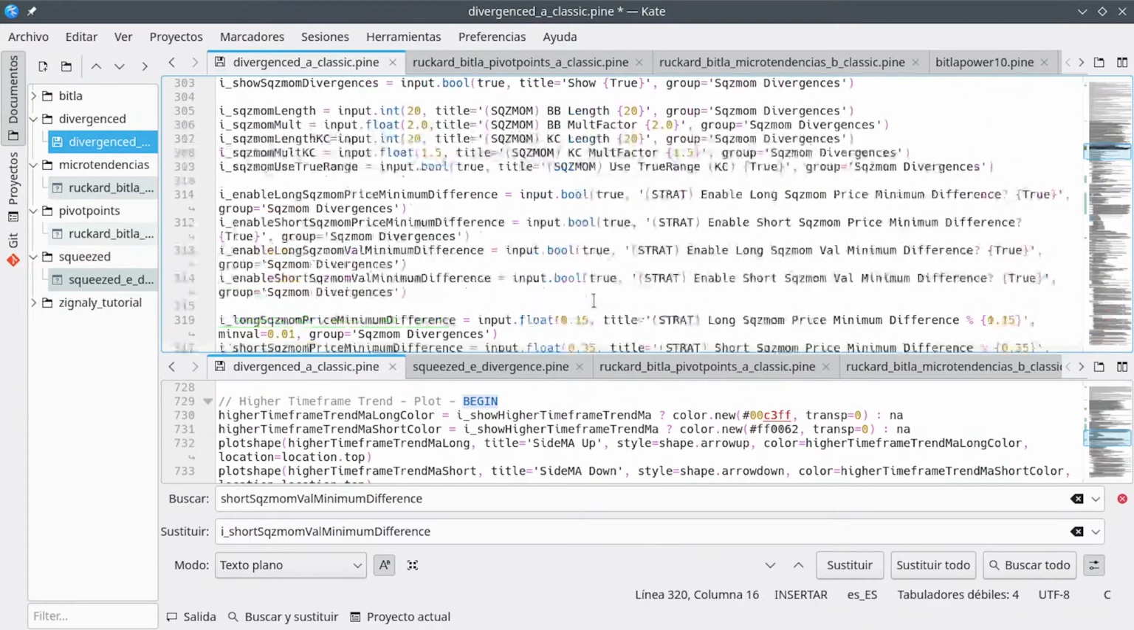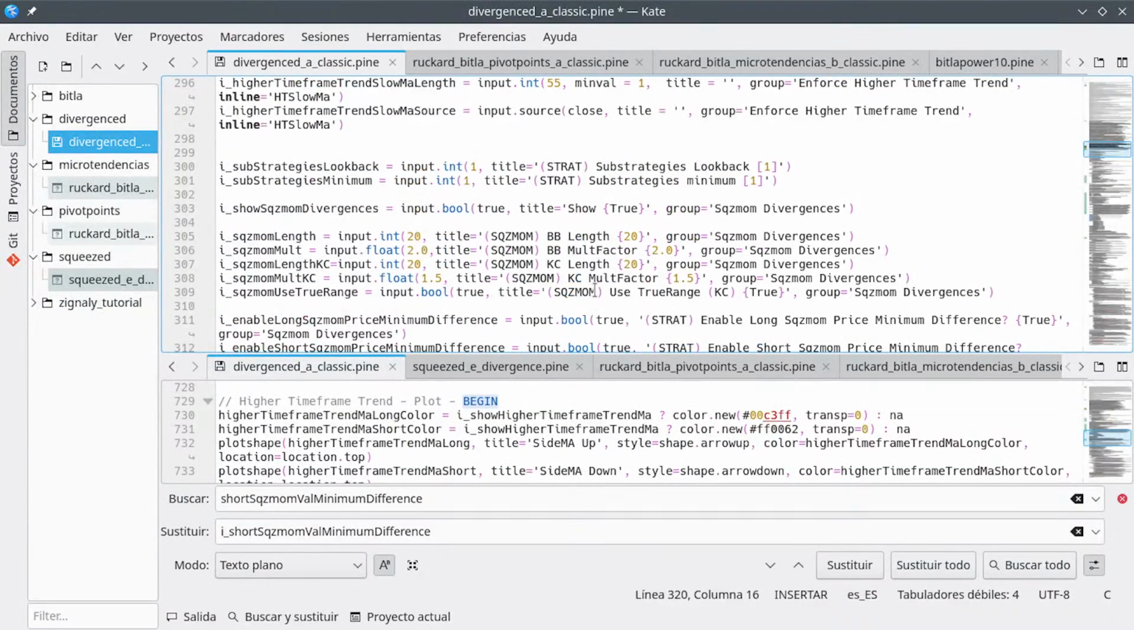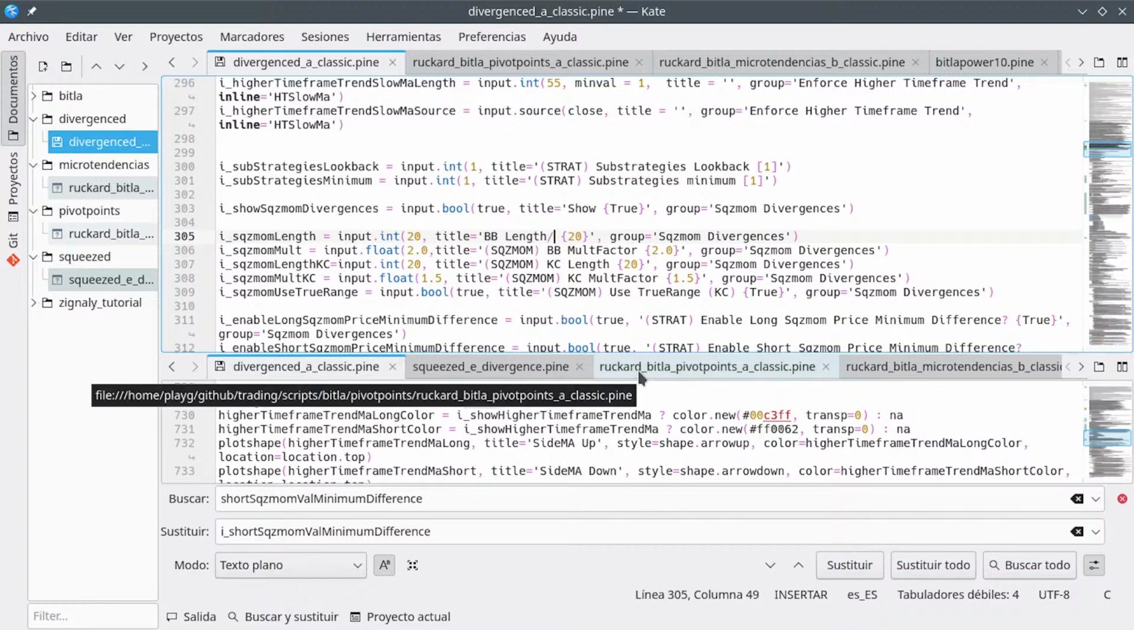Nice. So now the next thing that we want to do is have everything into the same line, the best way we can. Because we can have... So this is BB length, BB multi-factor. So probably we can do like this: BB length, multi-factor,